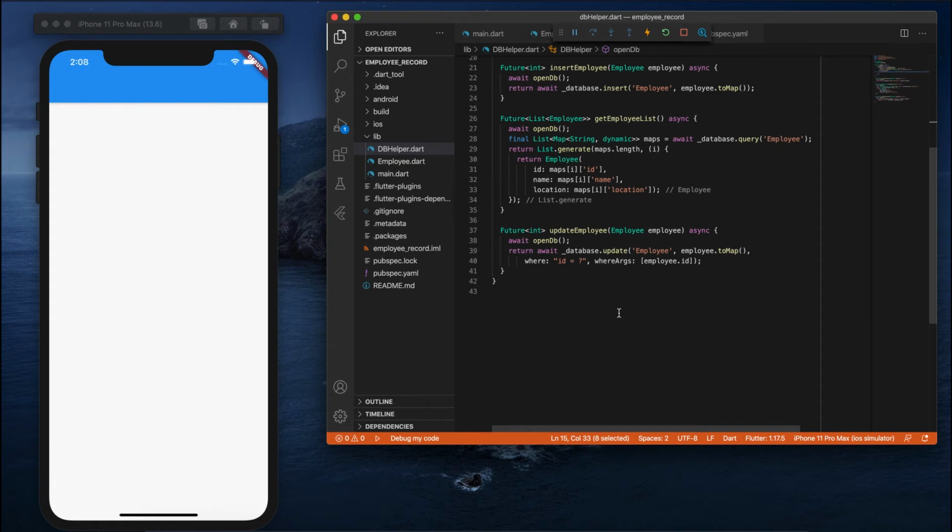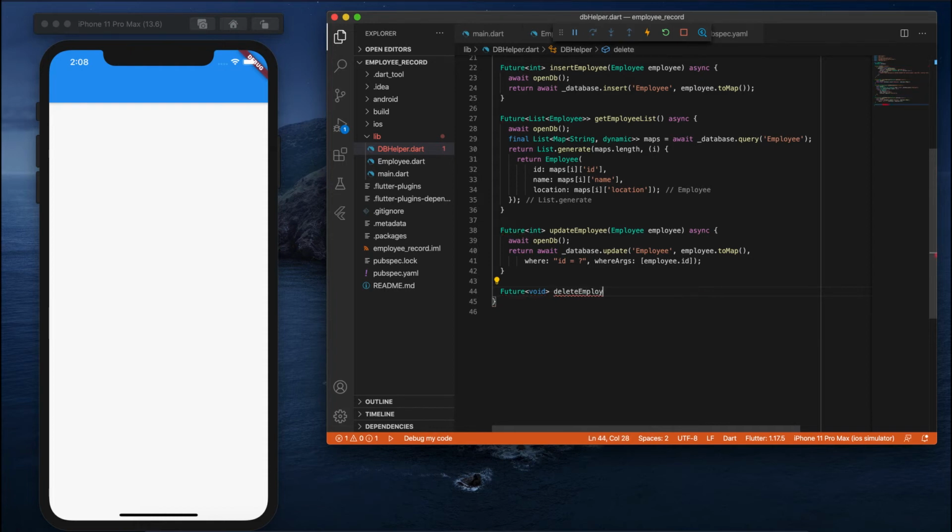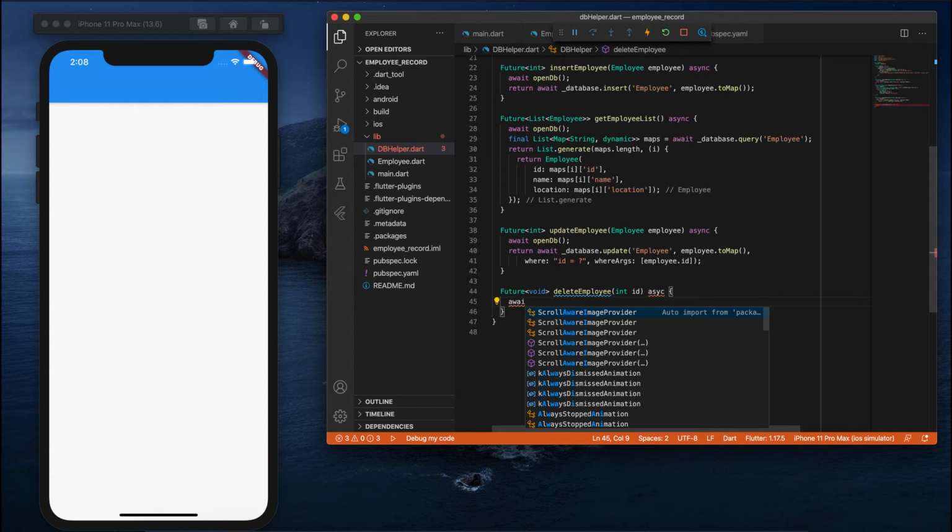So the next thing is we need to create a delete function. So delete will remove the employees from the database. So we'll see how we can create a delete. Future need to pass void over here, because it should not return anything. Delete employee by using an id. So again I have to open